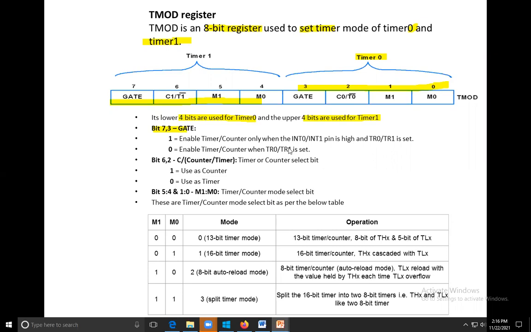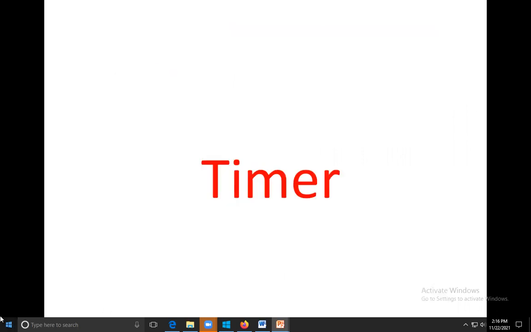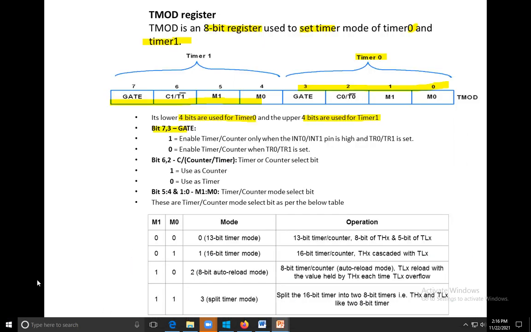If GATE is 0, you can set the timers by software, because TR0 and TR1 are the internal timer controls.